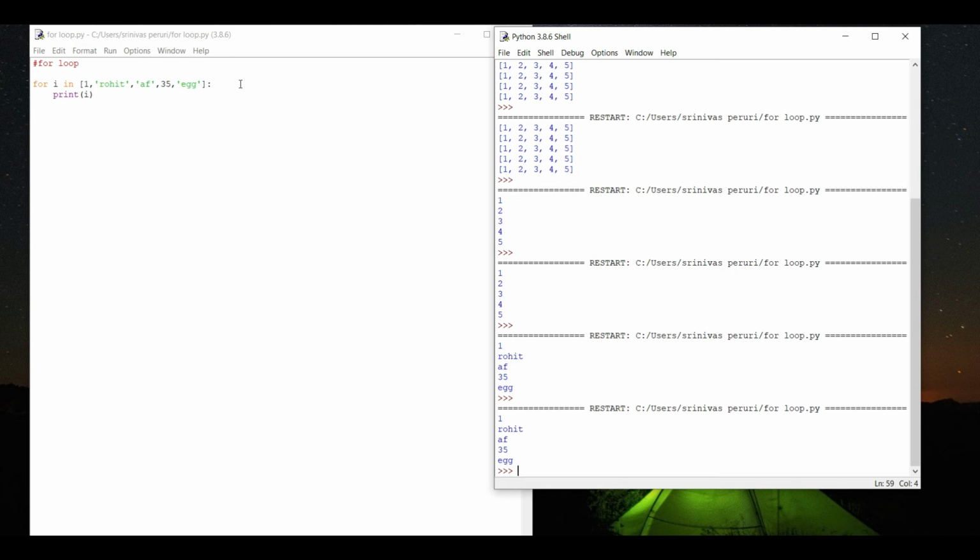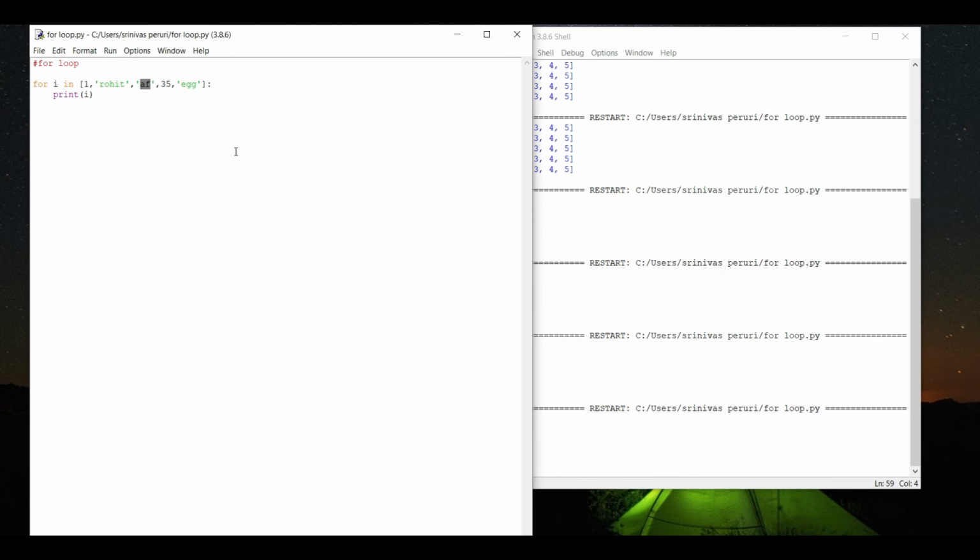Now I want to print a specific element. For this case, I will use an if condition. If my i equals "AF" in double quotes, then, sorry, indentation, then print "awesome". If whatever I have in my loop matches, I want to print something.